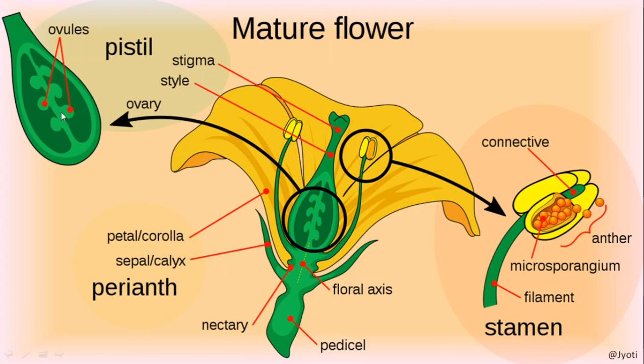Now come to the female reproductive part, that is the gynoecium. So this is the gynoecium structure, or the pistil, which is highlighted here. If we take the longitudinal section of this pistil, we'll see that inside the pistil the megasporangia, that are called ovules, are present. Okay, the ovules are the female gametophyte, whereas the microsporangium which develops into the pollen grain is the male gametophyte. Okay,